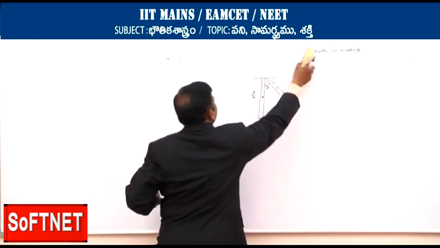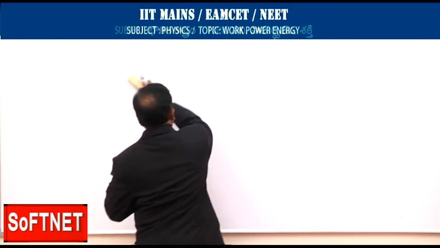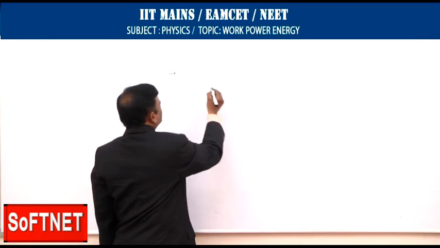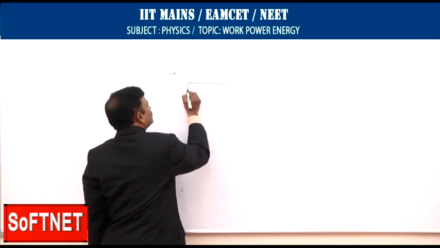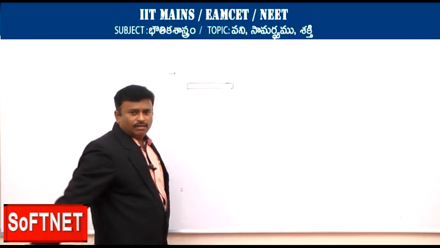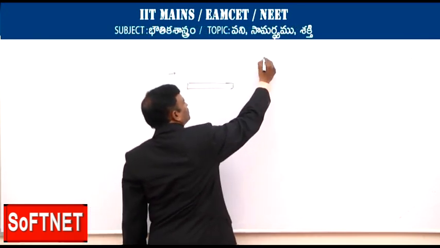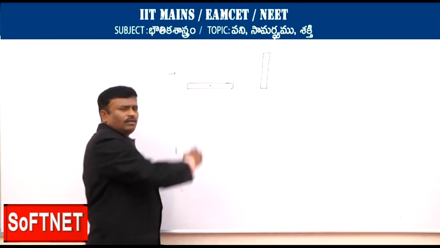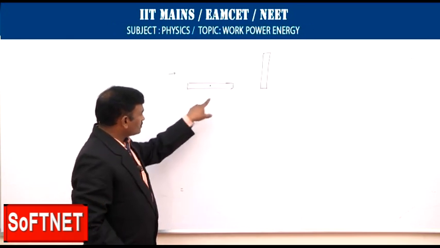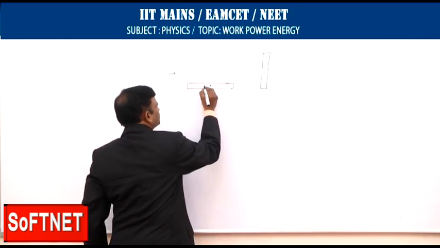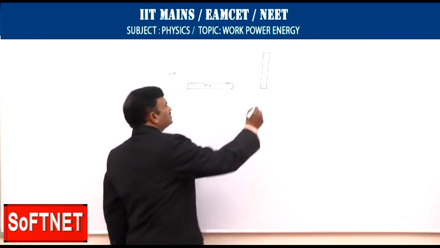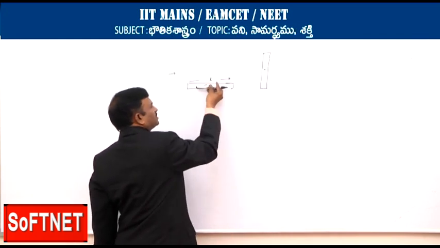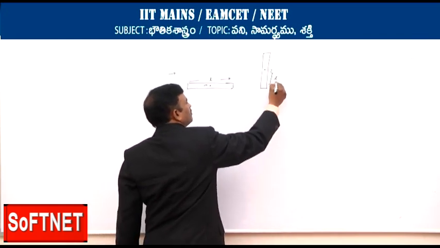So next, let us see another example. Assume there is a rod lying horizontally. If it is made vertical on the surface, the work done will be as follows. Even though the rod has total mass m, the center of mass is located at the middle. As it is of length L, when it goes from horizontal to vertical, the height by which the mass is shifted is L by 2.